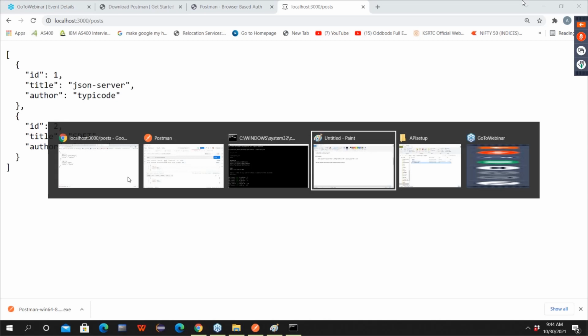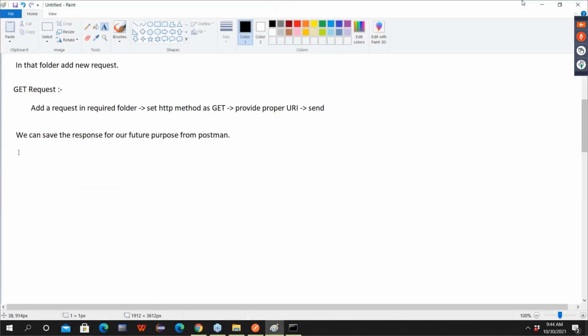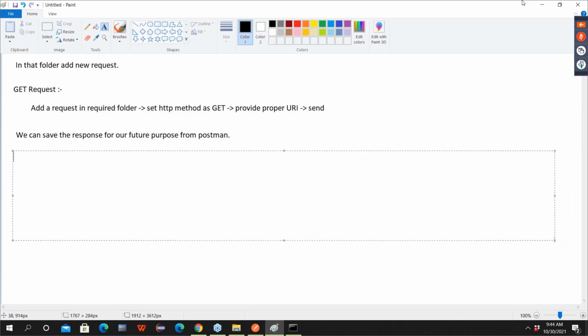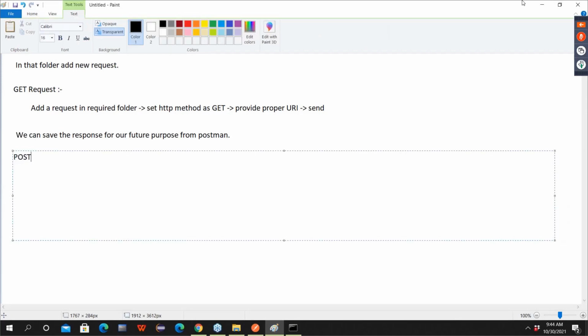So guys, how to send post request? Add a request in the required folder. After this, set HTTP method as post. After this, provide proper URI.